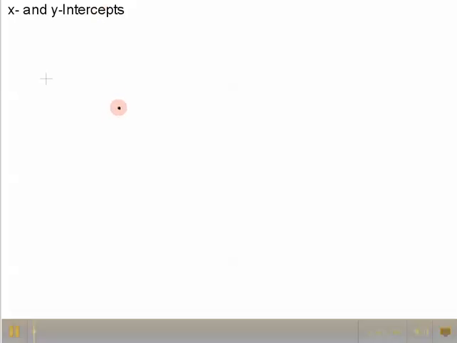An x or a y-intercept is an ordered pair where a graph touches the x or y axis. So for example,